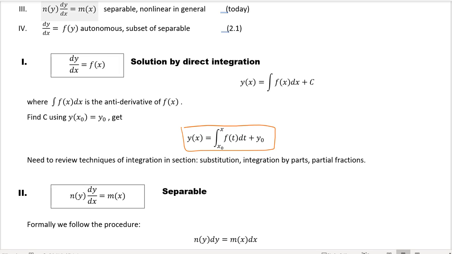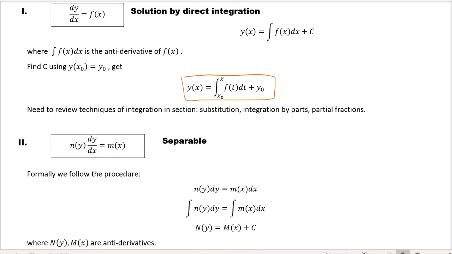Okay, and here you need to review techniques of integration from calculus 2, like u substitution, integration by parts, partial fractions, trig integrals, trig substitutions, etc. Okay, next,